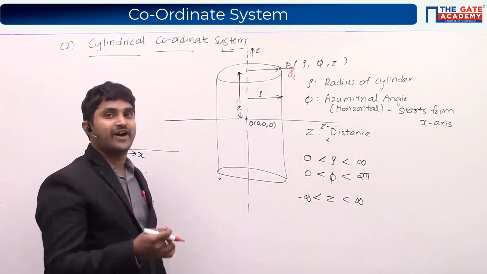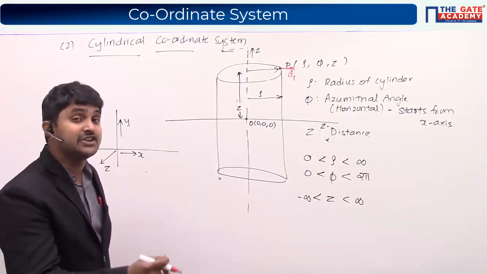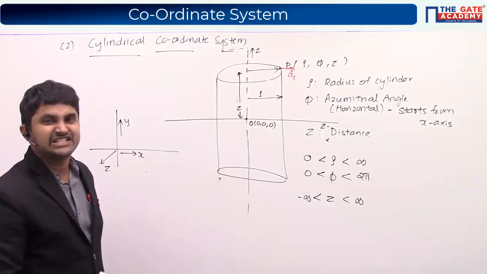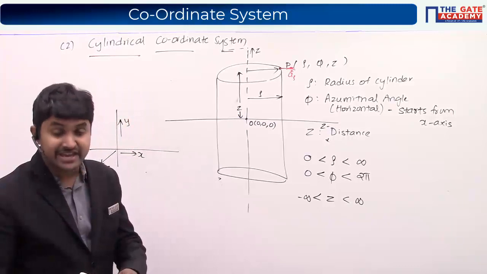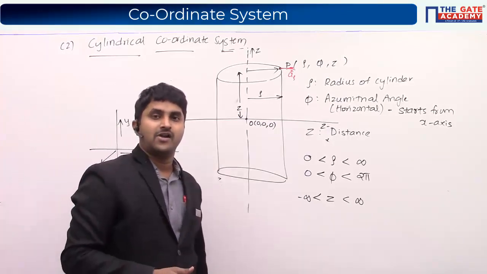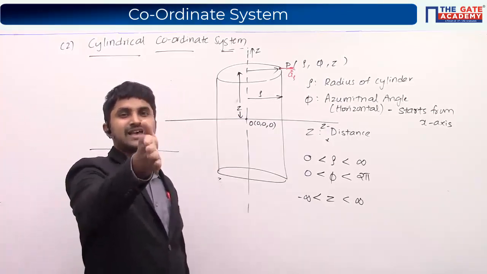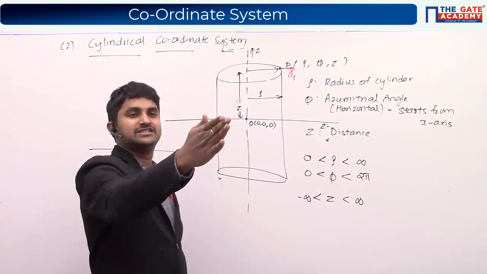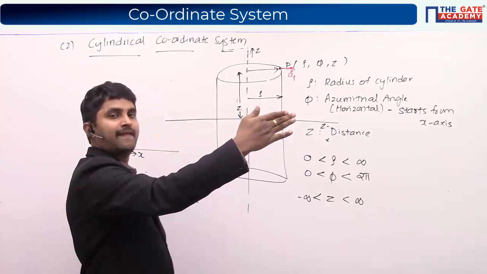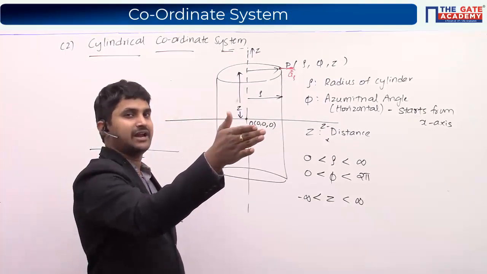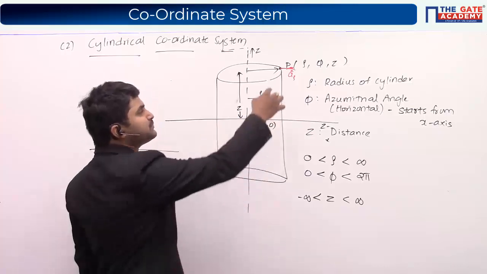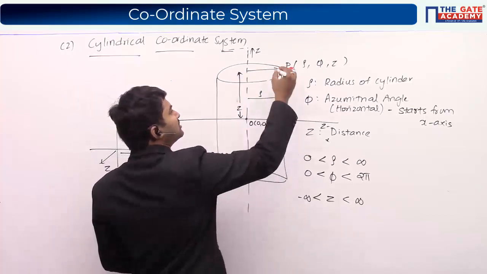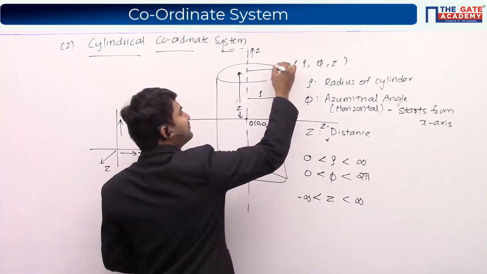Okay. So let me consider it as a-rho bar or a-rho cap. Now coming to the unit vector for phi, the direction in which phi varies maximum. Can you please tell me in which direction phi increases? This is my x-axis, right? If you see in this direction, phi increases, right? This direction is nothing but the anti-clockwise direction. This is the direction in which phi increases. So at this point I have to represent, this is the direction in which phi increases. Is this clear?